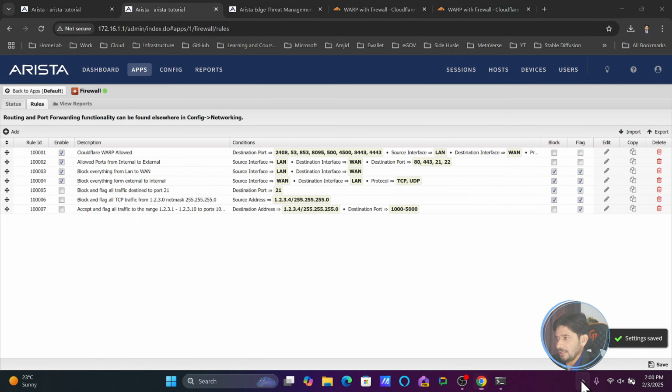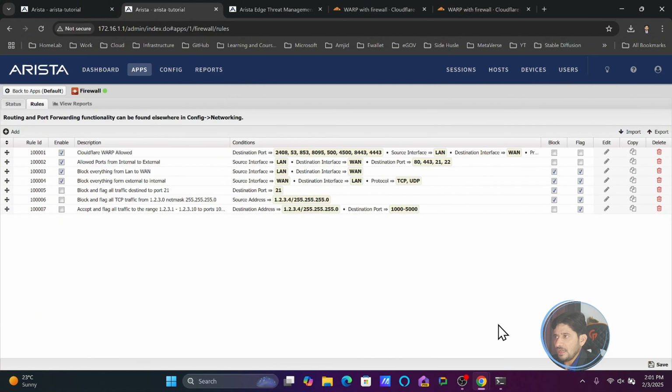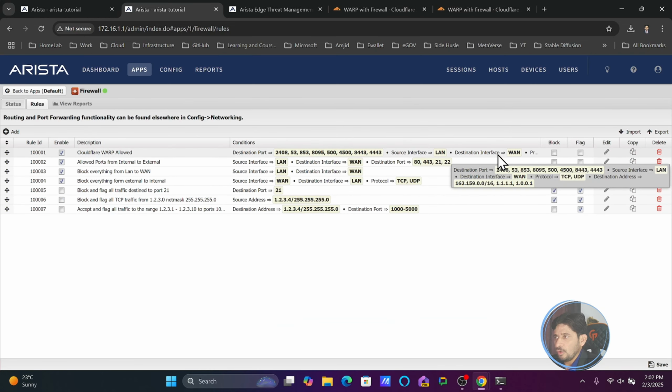Let's see this now again. It should now, you can see here it got connected. Here we have allowed this application to access the application outside. You can see here destination address is only this, which means that we have allowed these ports to only Cloudflare